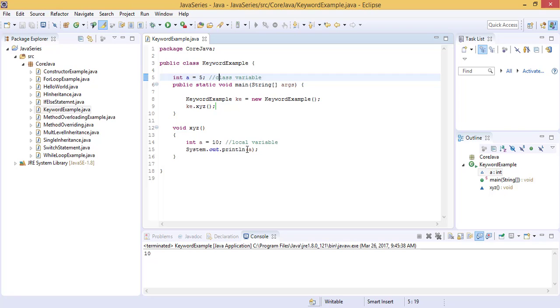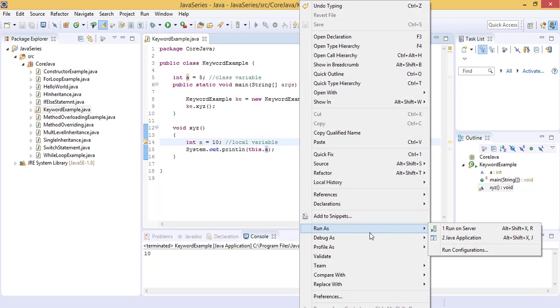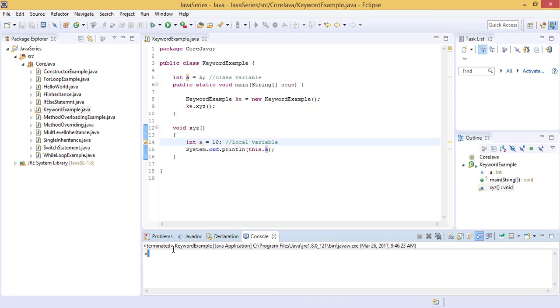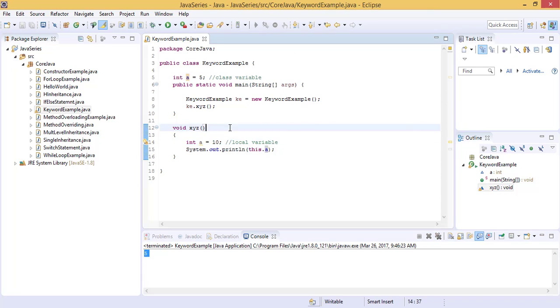So we will write this.a and check the output. I'll rerun the program. Now you can see that we are getting a value 5 which belongs to the class variable but not to the local variable. So in this way we can work with the this keyword.